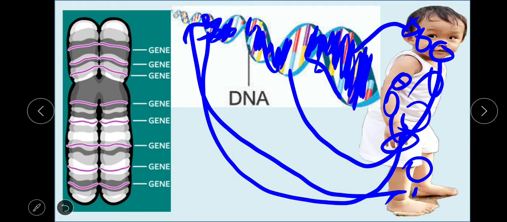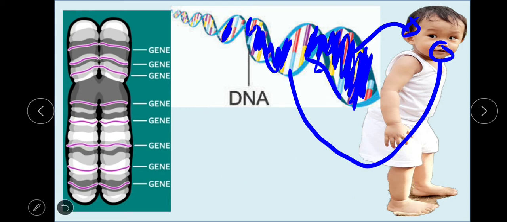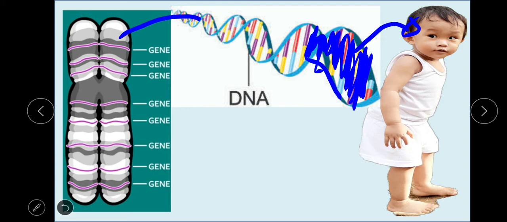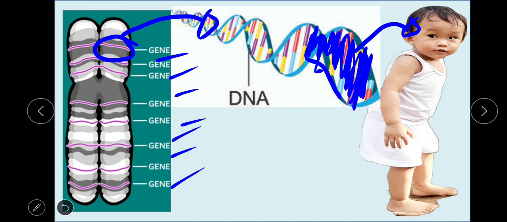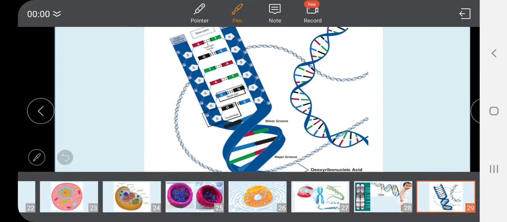But the first thing I want you to know is this, to sum this picture up: chromosomes are made up of DNA, and genes are found in a specific area inside the chromosome. Meaning to say, genes are also found in the DNA strand, like this shaded part, because chromosome is just made of this DNA. Okay, more about DNA we will learn is this: that DNA is made up of a single